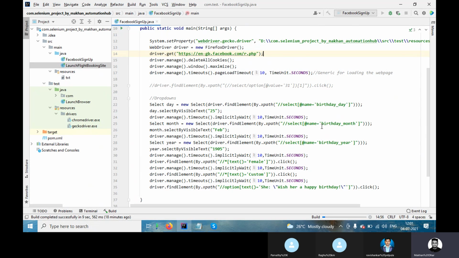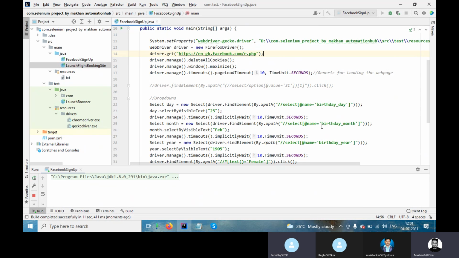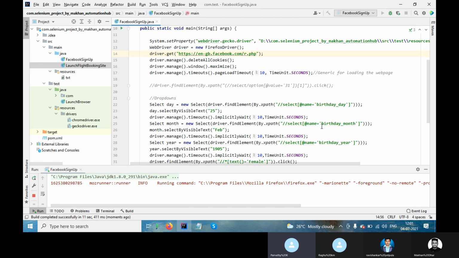The last method I will cover is get text. Are you clear, anyone, like Parvati? Do you want me to cover the get text method? No, I'm good. Get text is for the title of the page, right? No, no, both are different. I will cover both, get text and get title. Raghu, are you clear with get text?